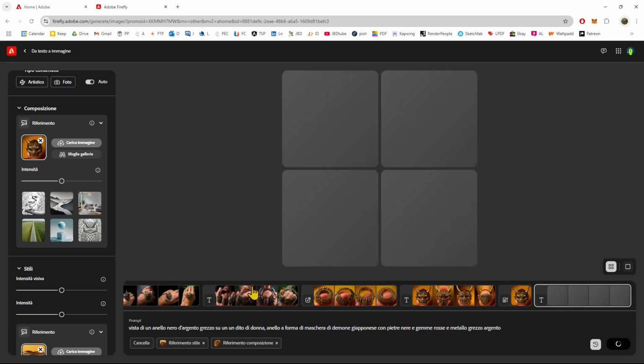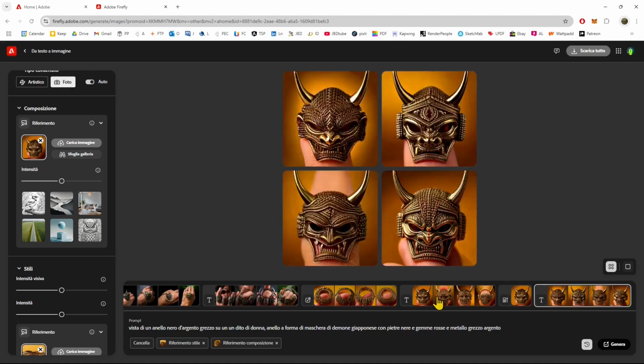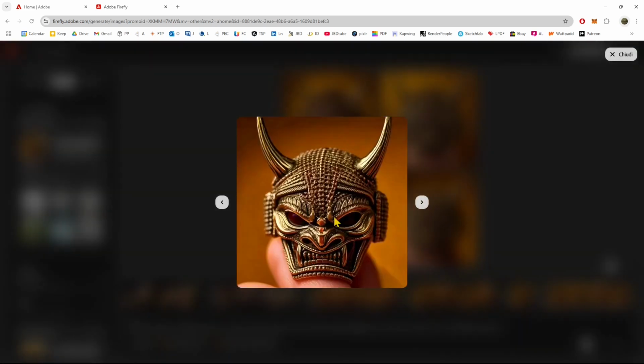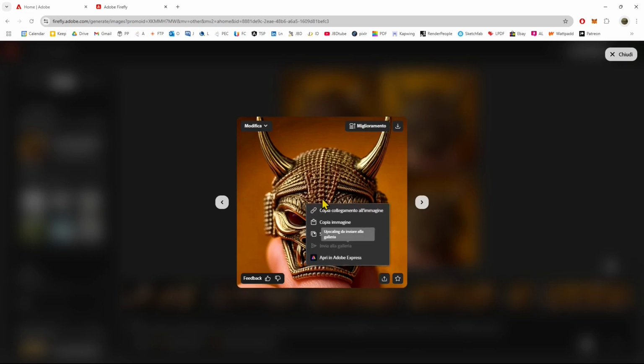So with this, I can then be more and more specific, get closer and closer to what I want, and that's how the overall process works, more or less. Now, once you finish, you can download the image, you can upload it, or you can share it using a link. So you can copy the link, you can save the image, you can open it up in Adobe Express,